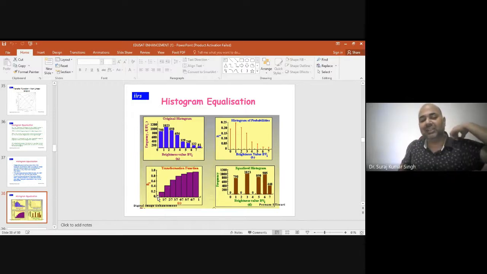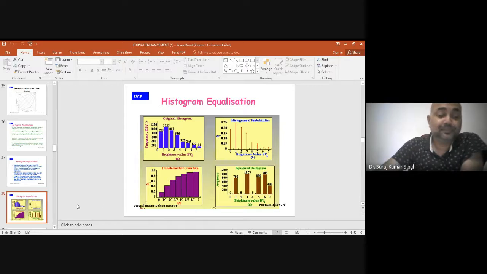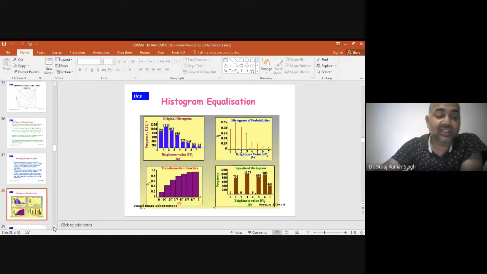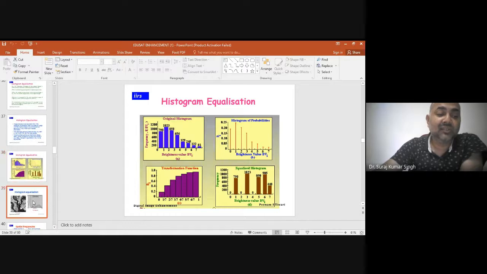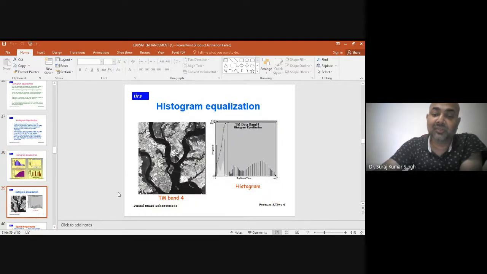That's why many times the features that have lower values, or closer towards 0, may be hidden or changed to some other features. So those things have to be taken into consideration while you are performing histogram equalization. So you can see how histogram equalization is done post classification. On the left hand side it was prior, and the post you can see here how it has been changed and the entire spectrum has been occupied.